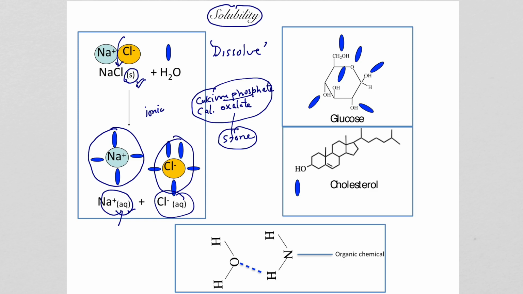Organic chemicals that have certain groups, such as the hydroxyl group and the amine group. Nitrogen and oxygen are very common in nature. Nitrogen is more electronegative than hydrogen. Oxygen, as you know, is more electronegative than hydrogen. So these kinds of organic chemicals also tend to have some sort of partial charges, and that's why water likes